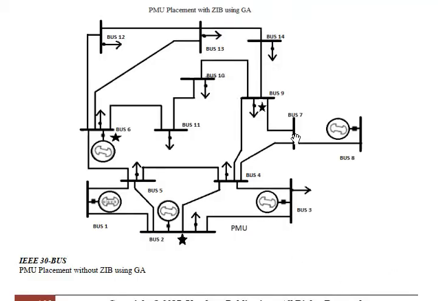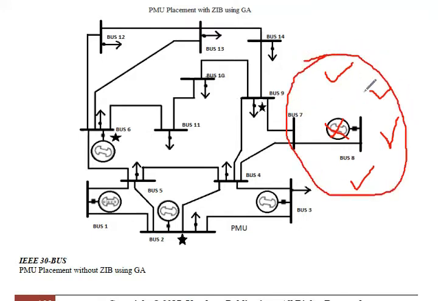How? Let's suppose that bus number 7 is a zero injection bus. Let's suppose there are certain other buses, here is another zero injection bus, here is some other, so we also remove this one and consider it like a zero bus. So among these 4 to 5 or however many zero injection buses, if one of these zero injection buses is observable, then all the buses can be made observable. So this is the second rule.